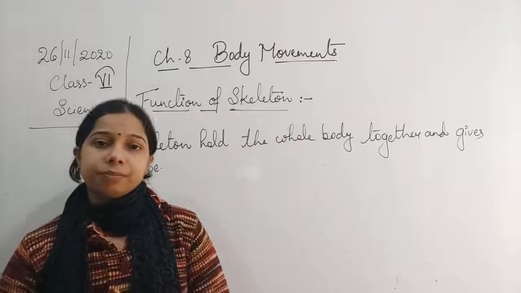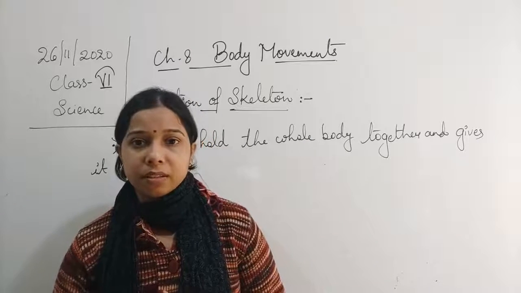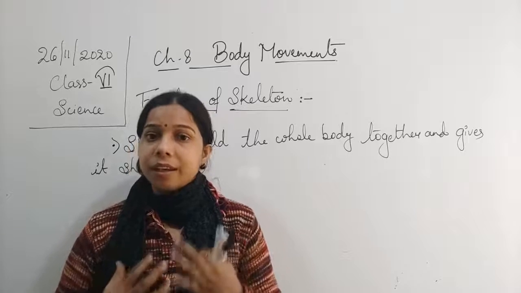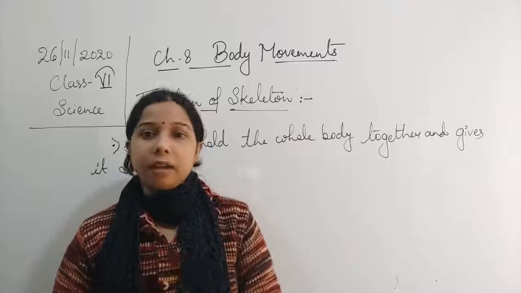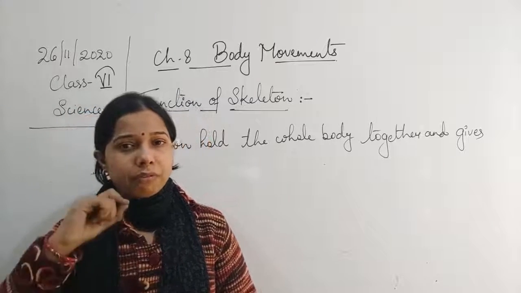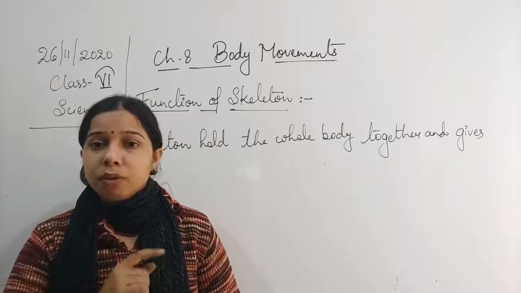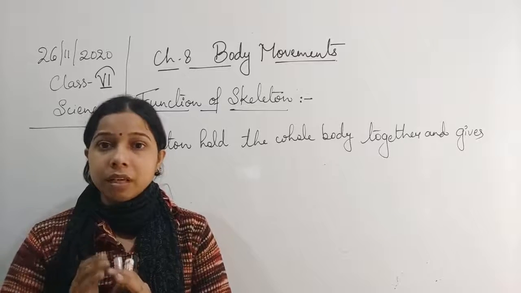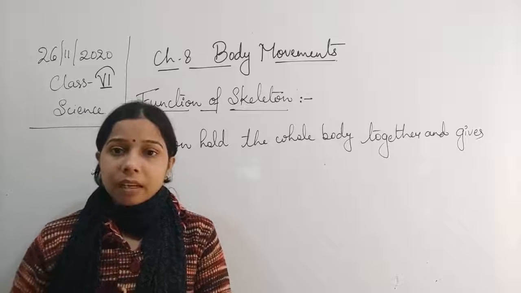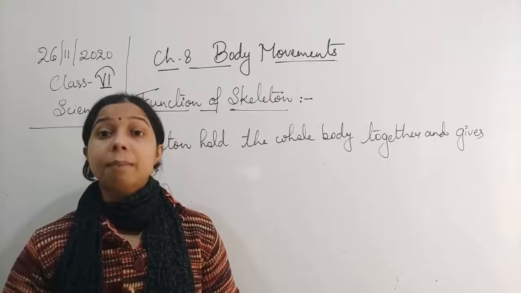The second thing, you see, in the rib cage, what is present? Which organ is present? You will say heart is there and lungs are there. Yes, in the chest area, your lungs are there and your heart is there. If you see in case of a skull, the skull consists of a very delicate organ, that is the brain. So the internal organs are protected by the bones, by this human skeleton. So it not only helps in holding, but it also works in protecting.